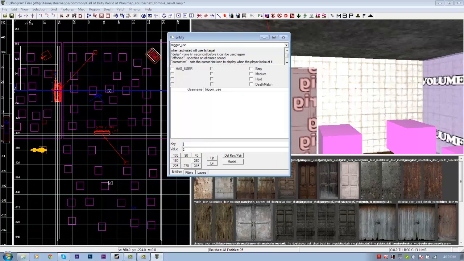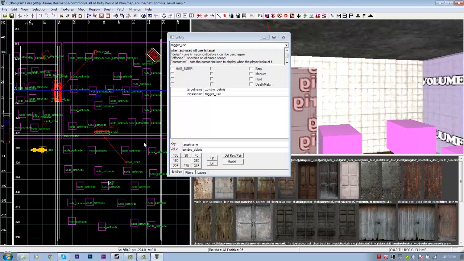Type in target name, zombie, debris, and the next one is going to be cost, and you can do whatever you want, guys. I'm just going to put 2,000 because this is my second door I'm using, and also you can edit different costs. I'm probably going to do a future video on that, so you can do any cost you want, but for now just 1,000 to I think 3,000. Yeah, I'm just going to use 2,000, and one more I think it's going to be